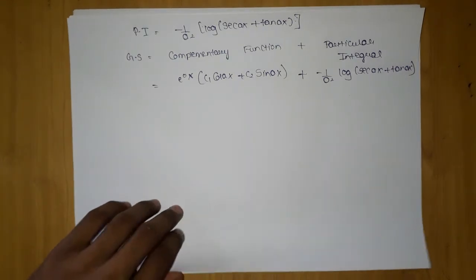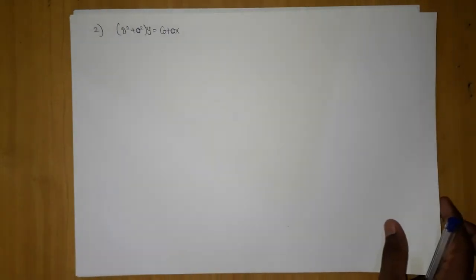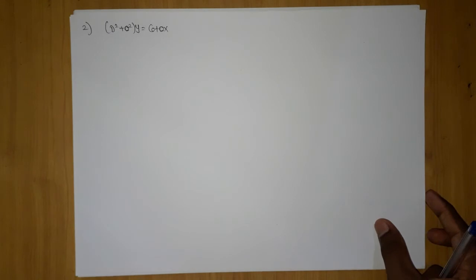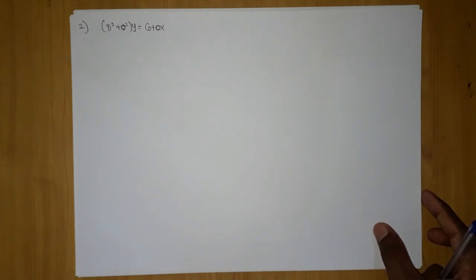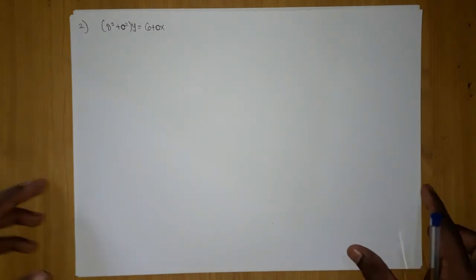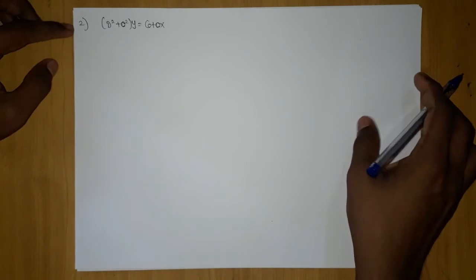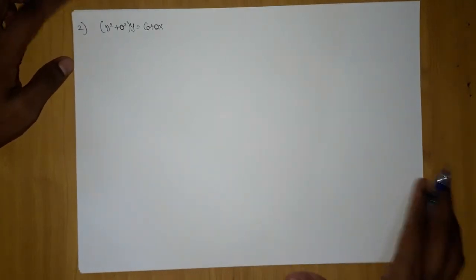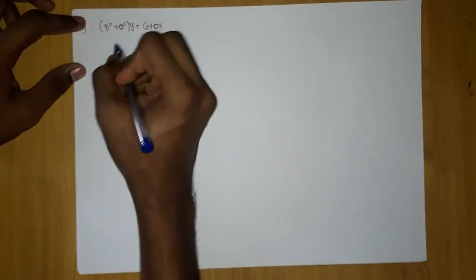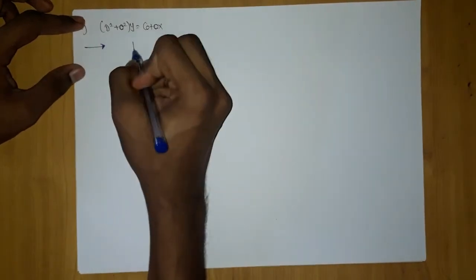So the next question which we are going to take is this one. Here also a similar thing will happen, and if you remember, in type 7 we solved these types of questions using partial fractions, but here we are able to solve this using the method of variation of parameters. Now we are going to do it a little bit fast this time.